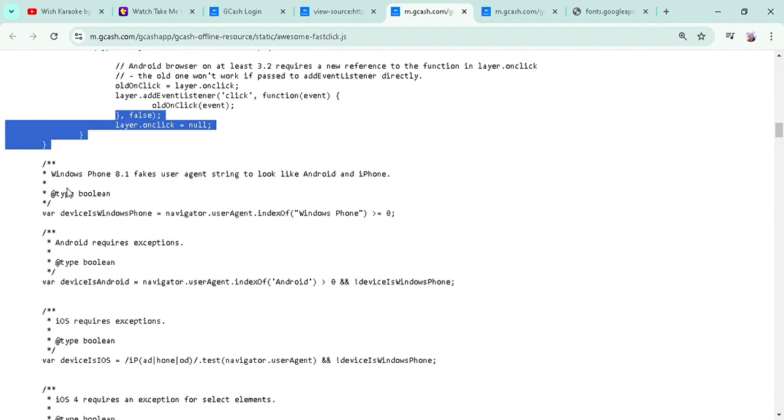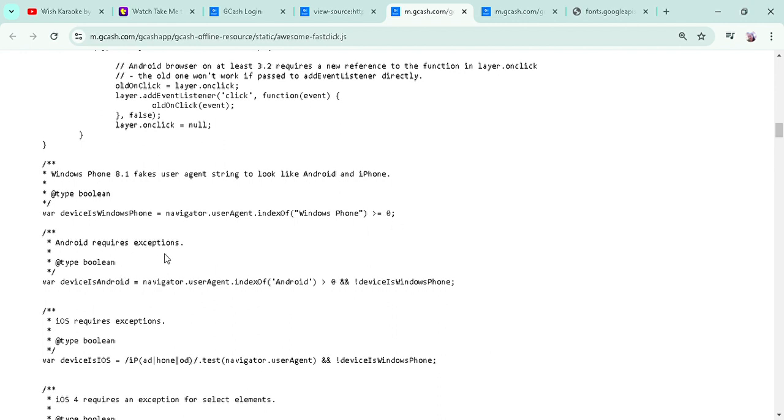And then, Windows Phone 8.1 fixed user agent string to look like Android and iPhone. The type is Boolean. The var device is Windows Phone, navigator user agent index of Windows Phone is greater than 0.